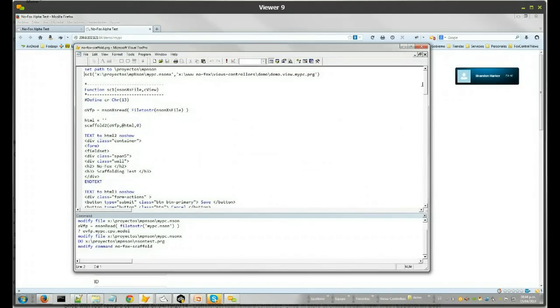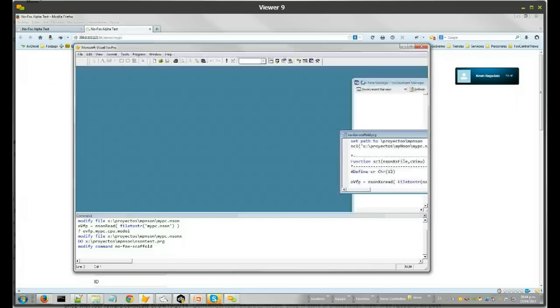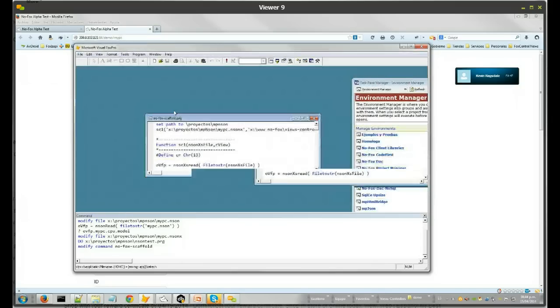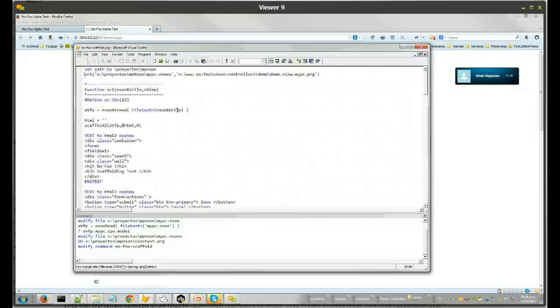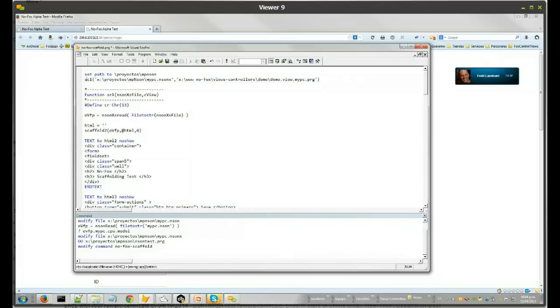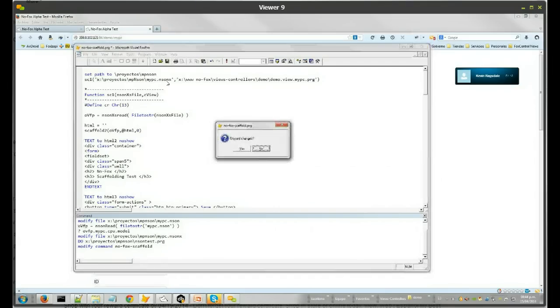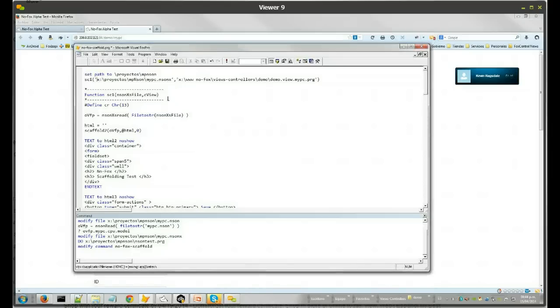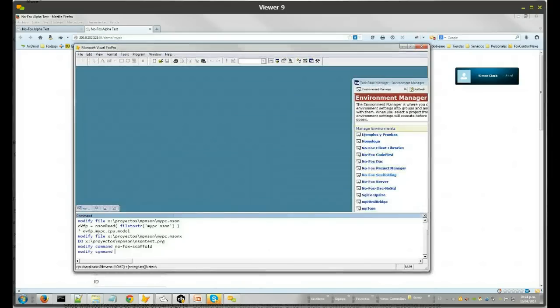This scaffolding engine will of course have a user interface. Now this is just loose PRGs and functions, but this function will take this Ensom XS file and will create this demo view PRG. So if I change my schema, okay, let's just change it,